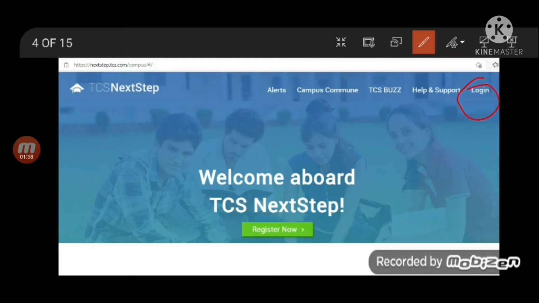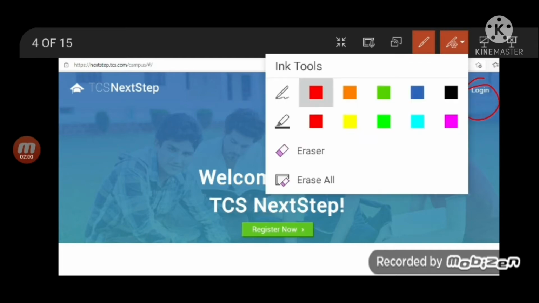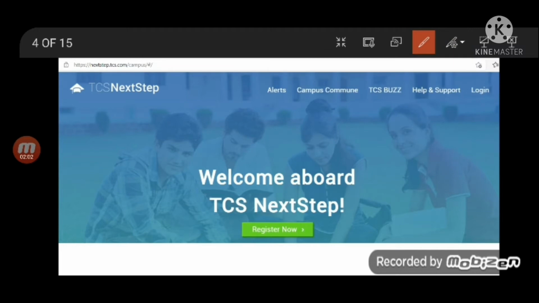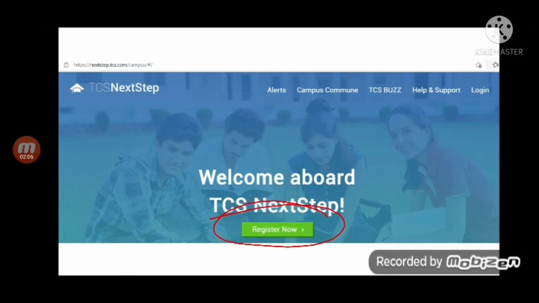One doubt you may have is, you might have registered already but forgot the login credentials. What you should do is check your mail. You will have your CT or DT reference number, and in that you will also get login credentials. You can try them. If not, then you have to register once again with a new email ID and new mobile number, because many people are saying that they forget the details. Then if you are new, as you know, just click on the Register Now button.